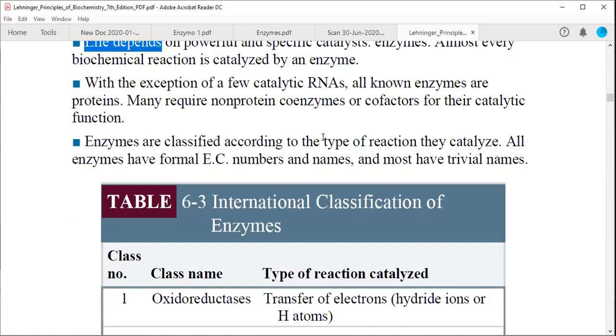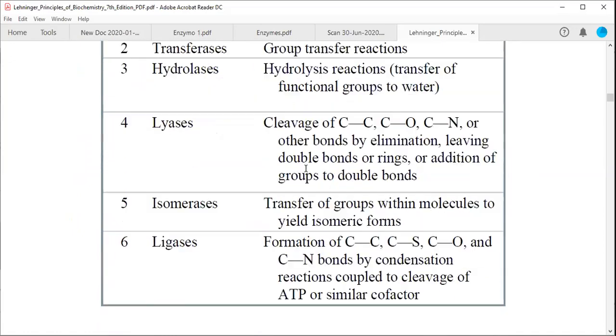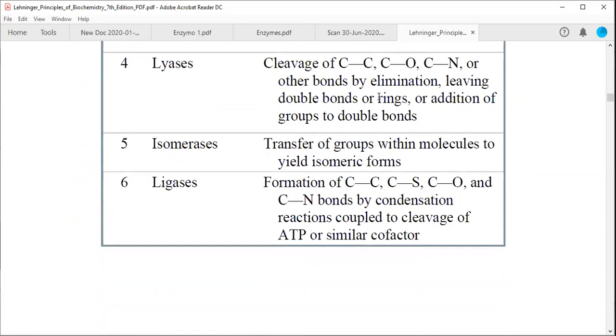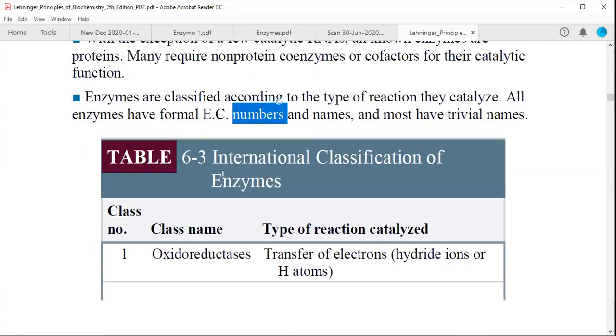Then enzymes are classified according to these Enzyme Commission numbers. The numbers are given in accordance with some rules which are designed in this particular table. We will start our discussion in tomorrow's class from this table, on how the different enzymes are classified according to these EC numbers. Further we will discuss